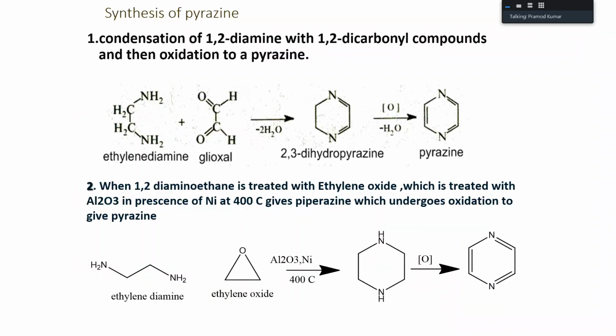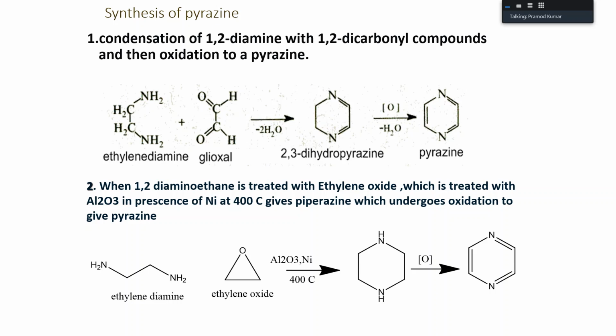So now let's go for the synthesis of pyrazine. If you see, pyrazine contains nitrogen at the 1 and 4 positions. So your starting material should contain amino groups at the 1 and 4 positions. Which is the best reagent to take? You use ethylene diamine. You take ethylene diamine and treat it with glyoxal. Glyoxal contains 2 carbons with 2 carbonyl groups. This will fuse. See, ethylene diamine has 2 nitrogens, and glyoxal contains 2 carbonyl groups.